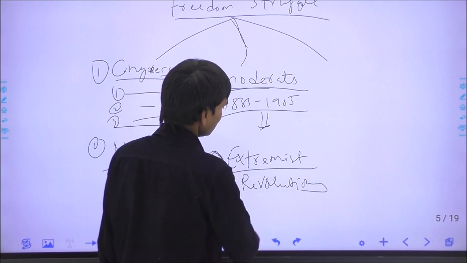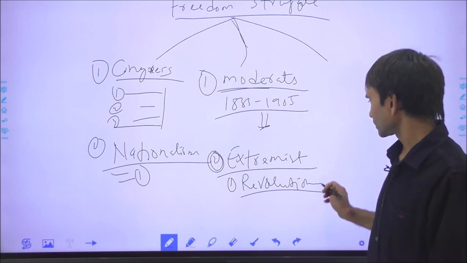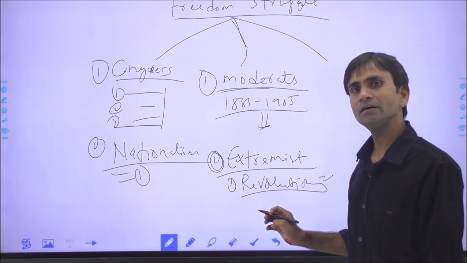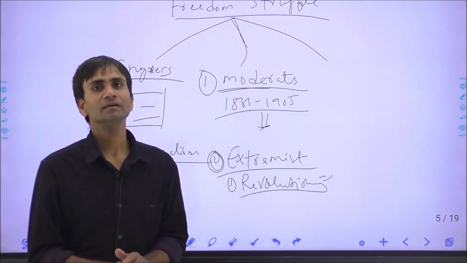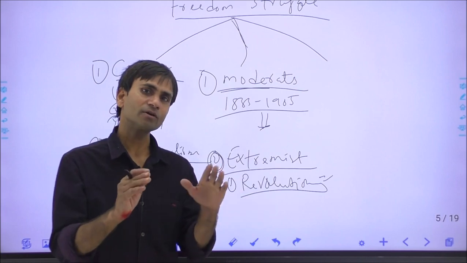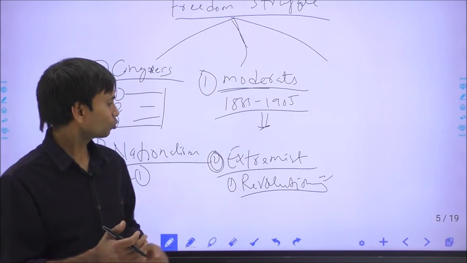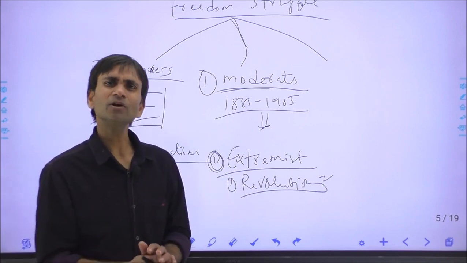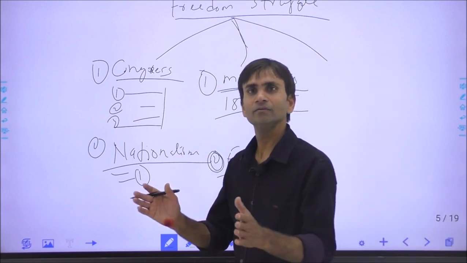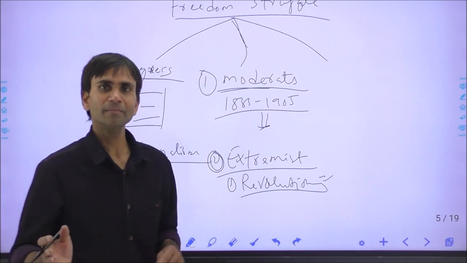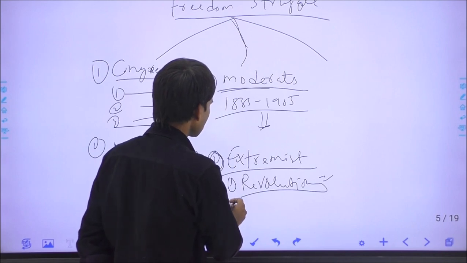Revolutionaries are known as the more aggressive form of the extremists. Who were the revolutionaries and what were their main demands, their organization, how did they implement their ideology among the Indian peoples, and what was the reaction of Indian peoples towards the revolutionaries, and why did the revolutionary movement end very soon, how did the British government react against the revolutionaries, the different aspects about the revolutionaries and extremists, what